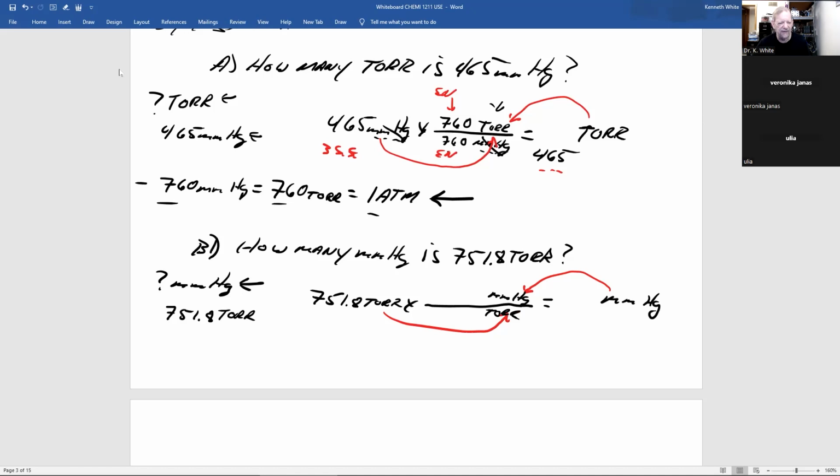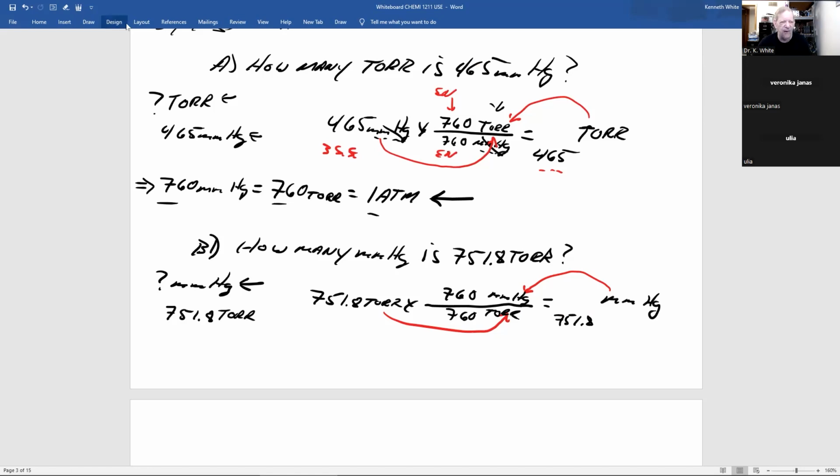And up here, notice for every 760 millimeters of mercury, there's 760 torr. And the number, if I just do the math real quick, 760 divided by 760 is 1. 1 times this, 751.8 would be